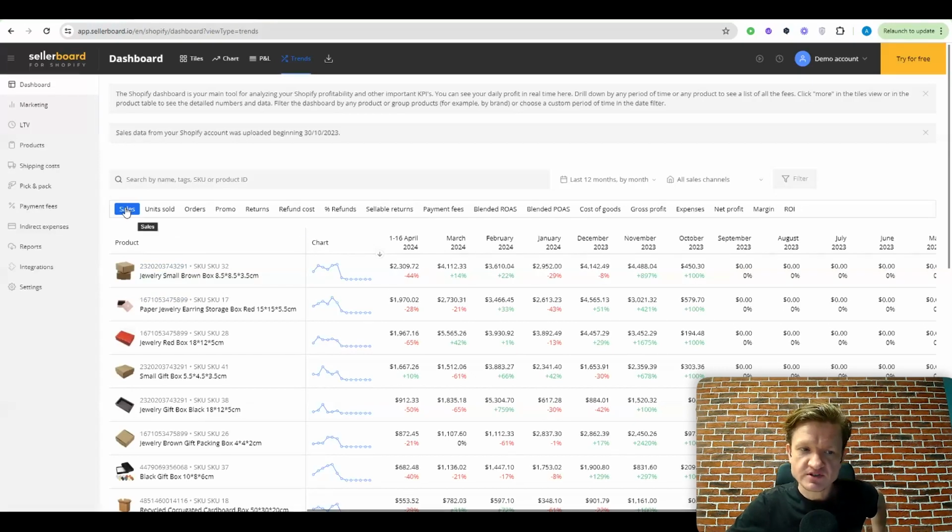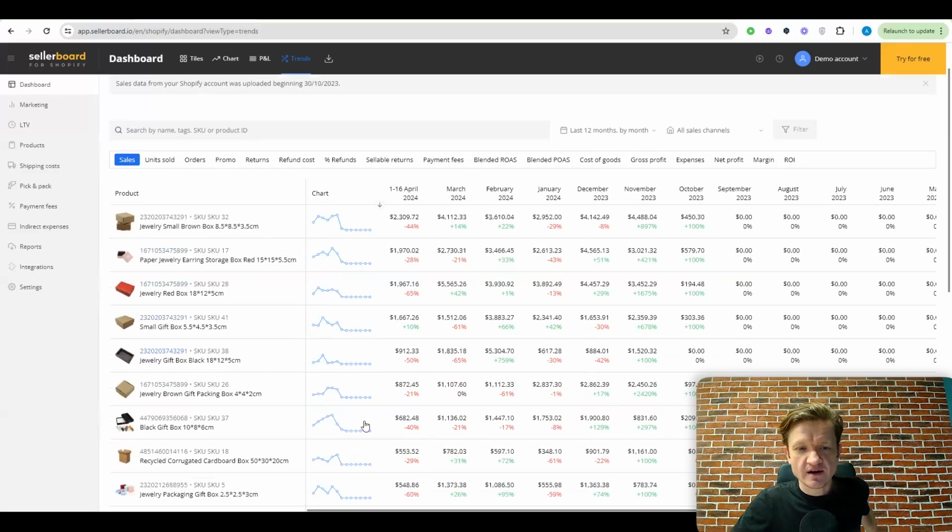So for demonstration purposes, this is how it works. After you select a metric you're interested in, you will have a list of products. You will have the values month by month, or for instance, if I select day by day for the last 30 days, to see in greater detail how the values evolved. And then I will be presented with charts to graphically understand whether there's a trend or not.